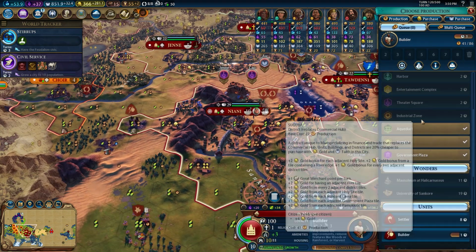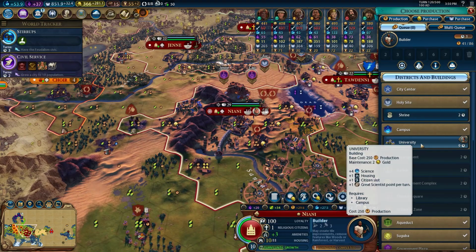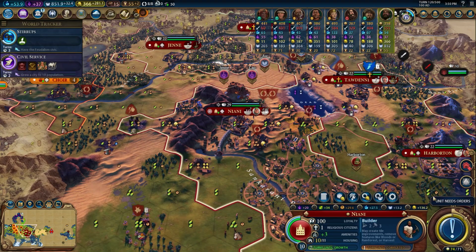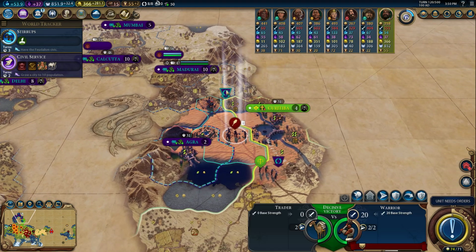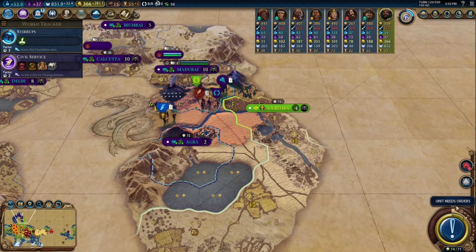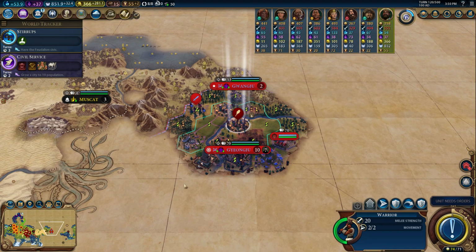What do we have to do in our capital still? A university. We'll get a university going after. That's not a bad idea. Can we run around Brazil? Also,